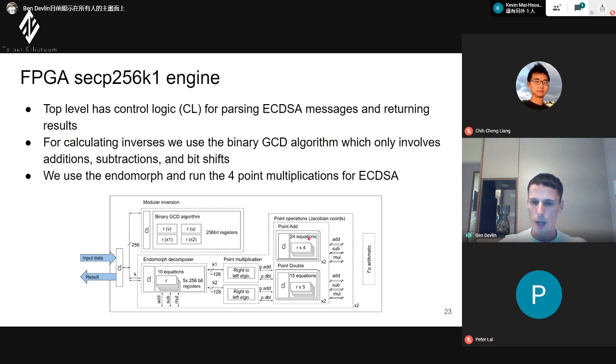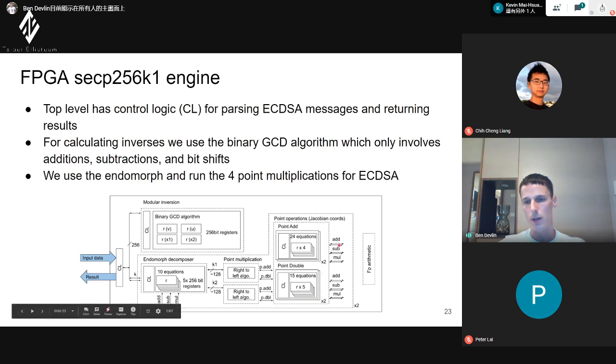When we design this block, we specify, okay, this equation requires this equation to be finished, but this equation can start without anything before it. So it allows us to exploit the parallelism of our equations without actually defining, okay, these two equations work in parallel, these two are in parallel. So it makes it much more robust and high performance. But yeah, we have our point add and point doubles. We have 2 of these for each. And then we have our interfaces.